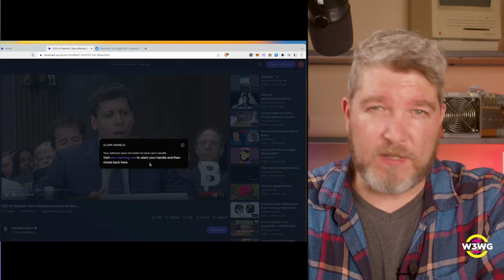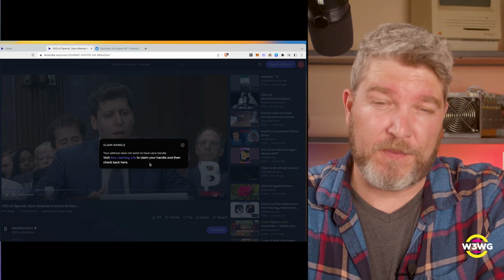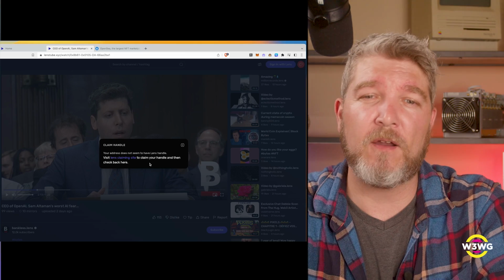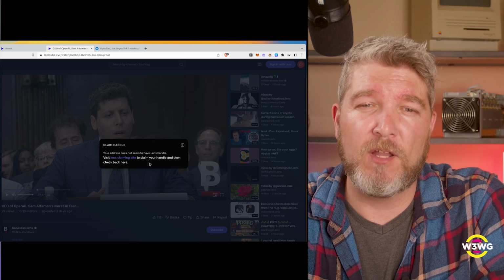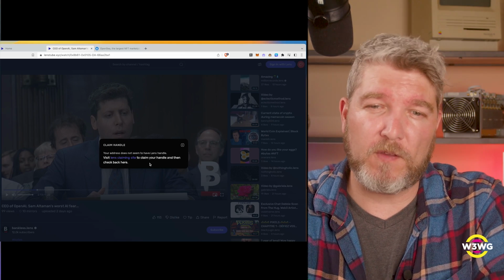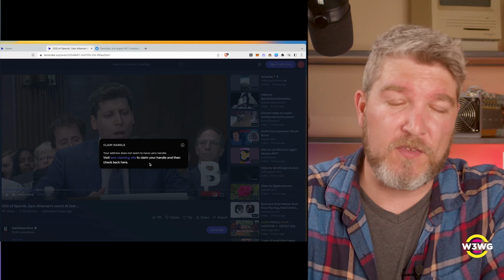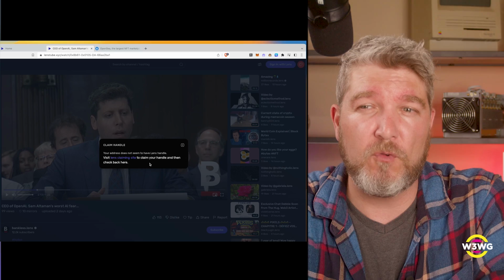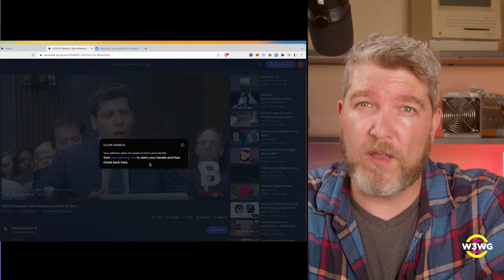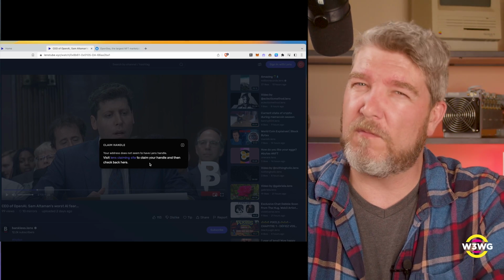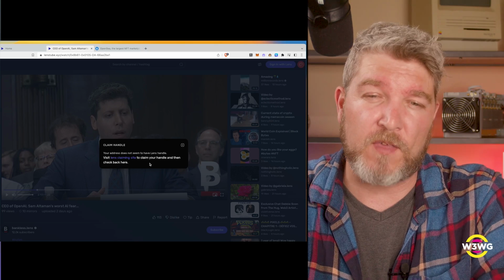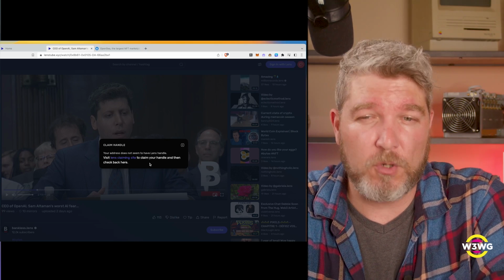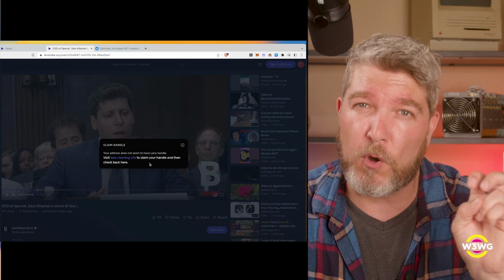For those that are deep inside the Web3 community, they get what this means already. For some people who are just trying to explore it at the application level, this is a bit confusing, especially because this is actually a more explicit error than you get on other sites, where if you try to connect your wallet, it just gives an error that isn't entirely clear what is wrong. What you need to understand is that it's saying, sure, you've got a wallet, but you don't have a profile inside of it.